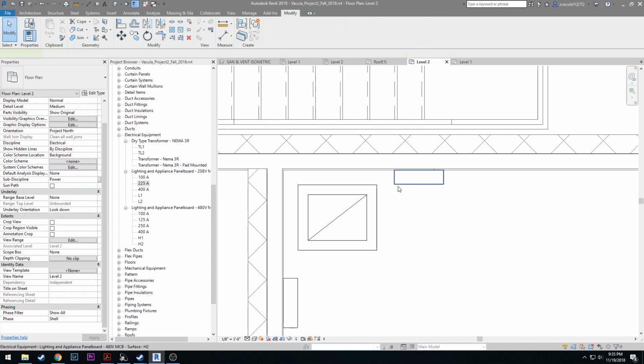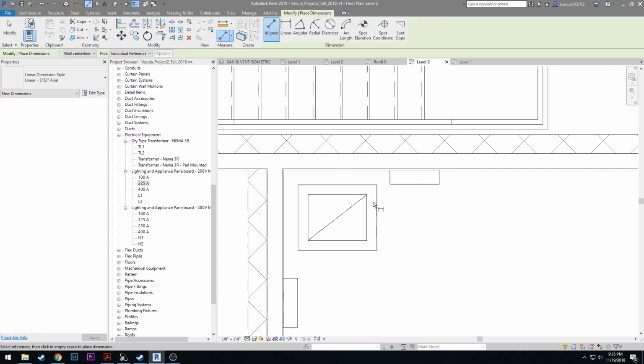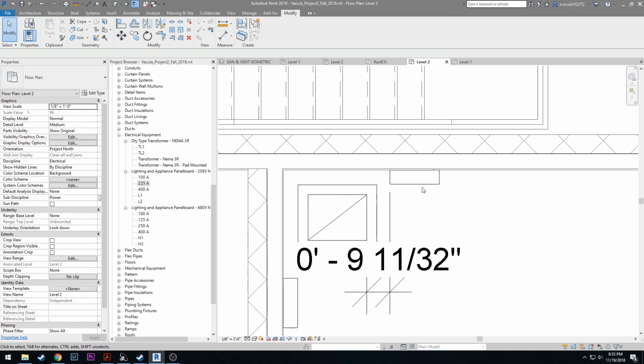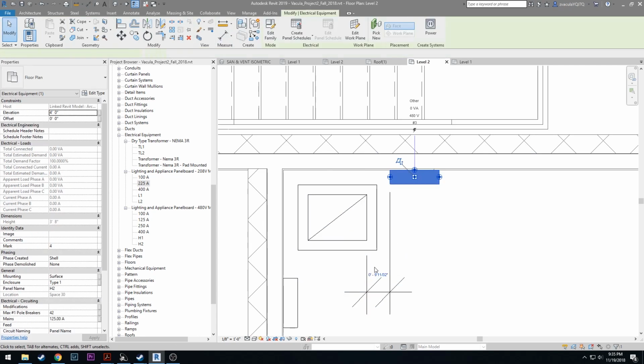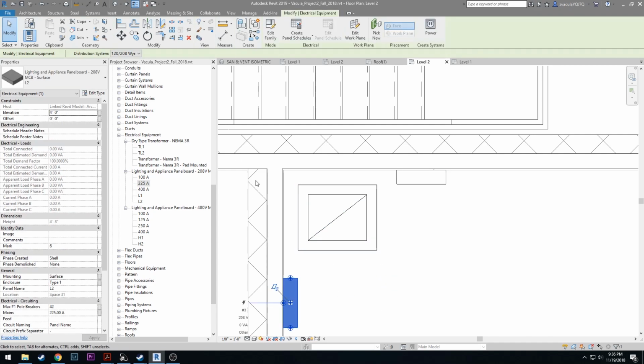Alright, so we have our panels. Normally these panels are about 1 foot to 6 inches away from the transformer here. You don't have to be this precise, but